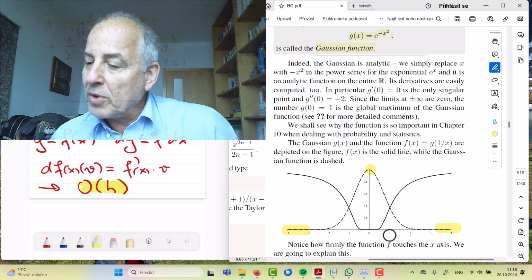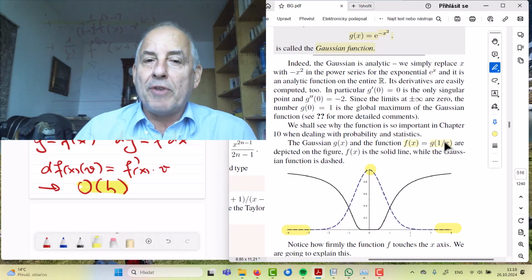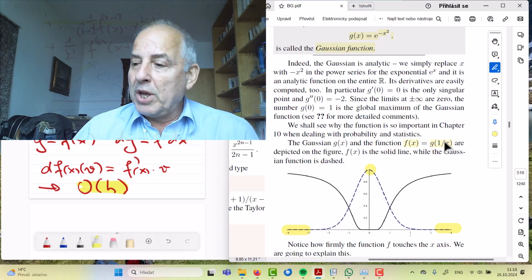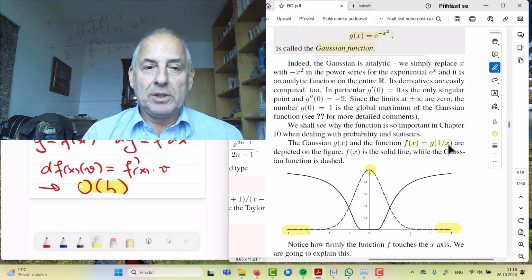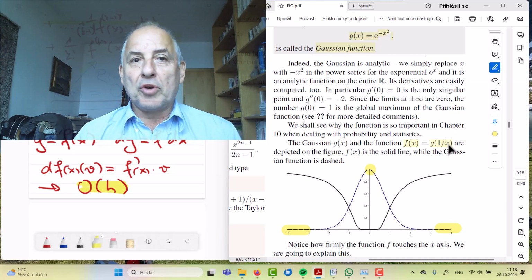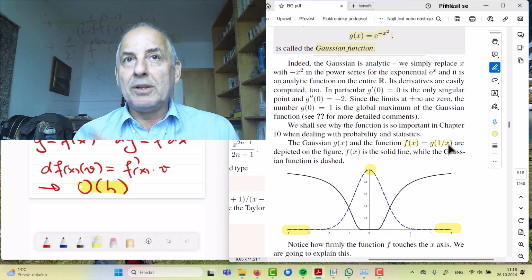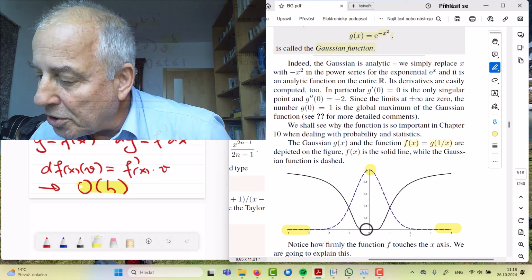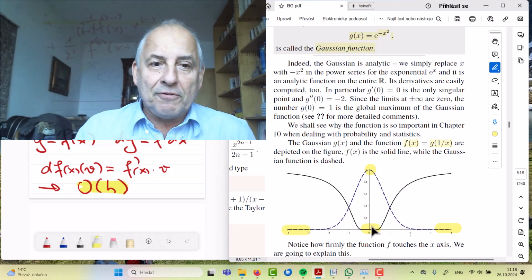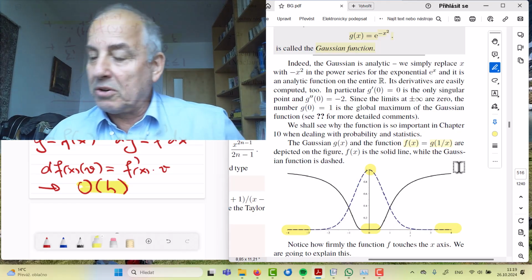But we can also write a function f which will be g of the reciprocal value of x. What will happen then? The closer x is to 0, the bigger is 1 over x in absolute value, and therefore the function g of 1 over x will be small beyond any expectation. And that's exactly what you see here. So around 0 it looks like the function is just 0, and then it starts growing up, because